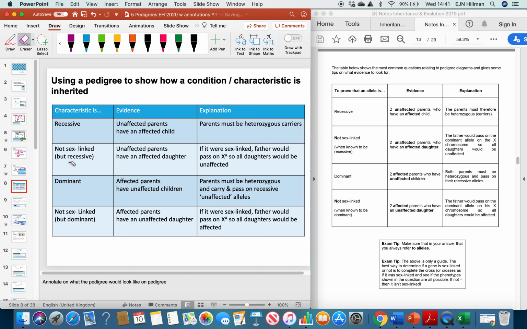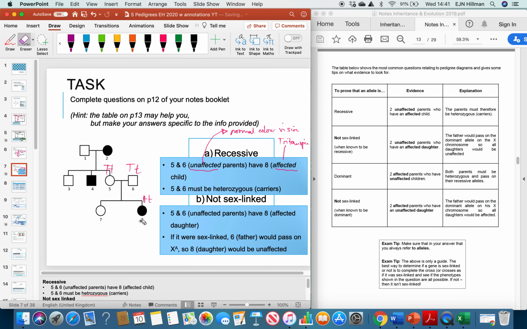Now, if it's not sex-linked, you might be asked for evidence for not sex-linked. We're, again, looking for unaffected parents but have an affected daughter. So you want to look for the evidence of an affected daughter is the big giveaway. Now, if you remember back to the sex linkage notes in the sex linkage video that I did before,